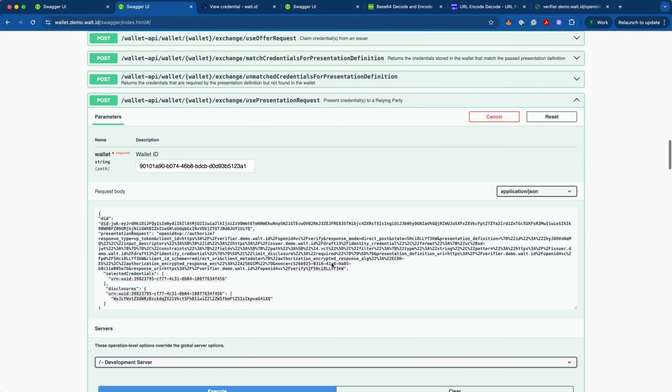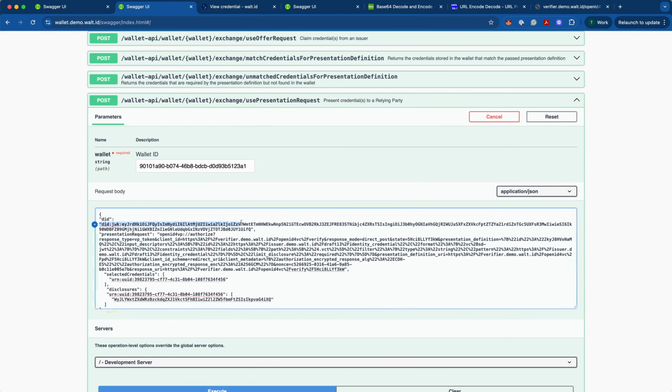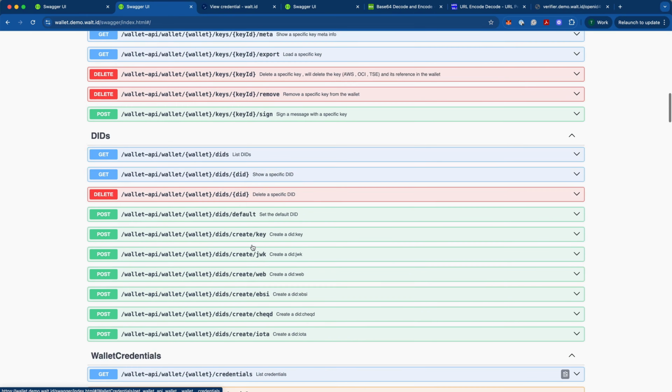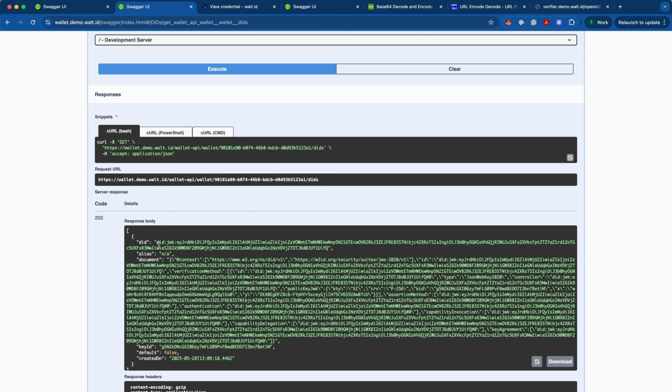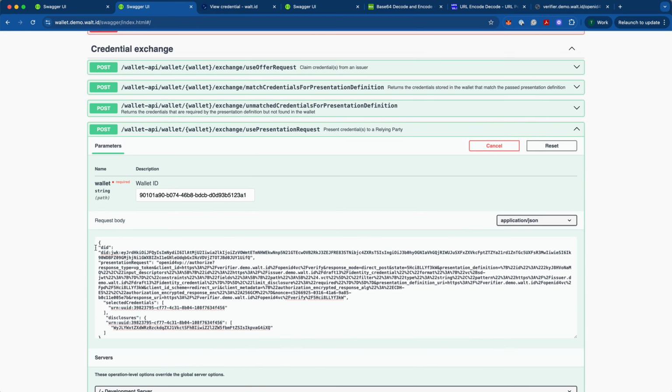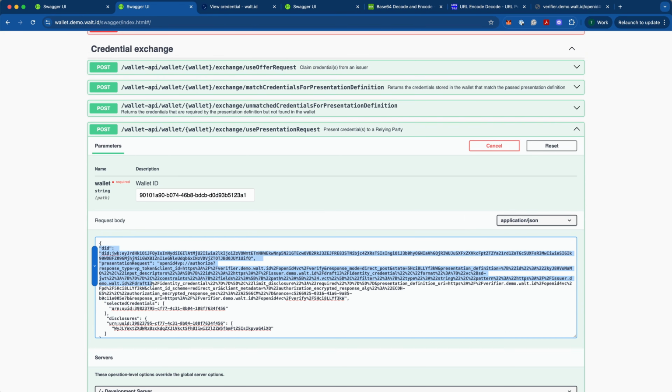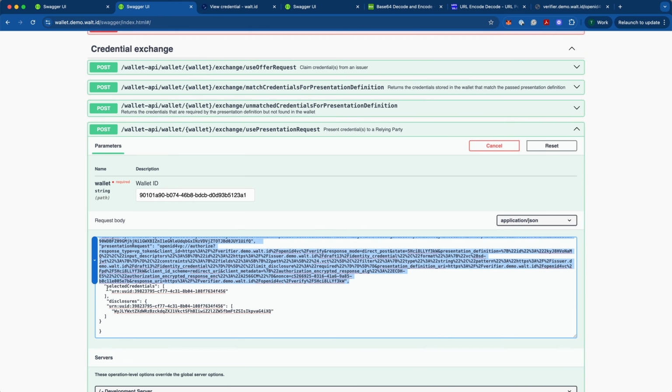Then we need to provide our DID. In case we have multiple DIDs in our account, this needs to be the DID to which the credential we are about to share is bound. We can see our DIDs by going to this list DIDs endpoint. Here I can see I have only one DID at the moment, which I will be using. So we have the DID, we have the presentation request,